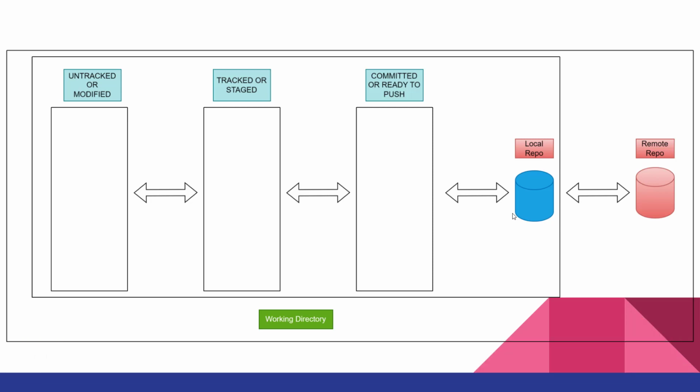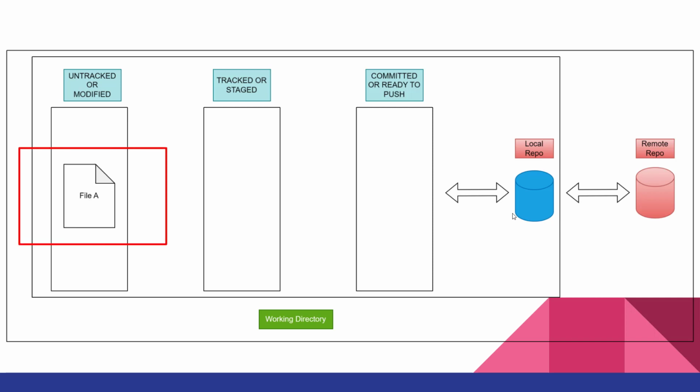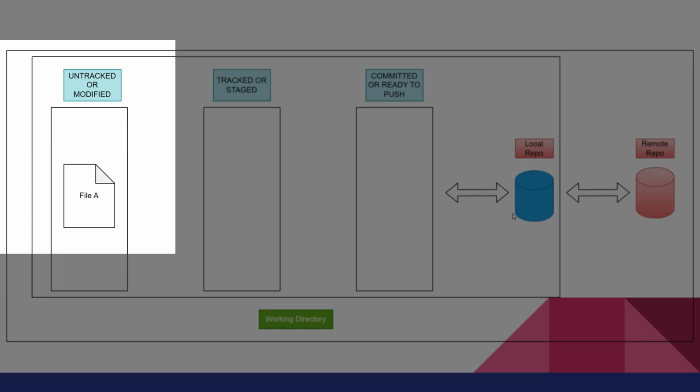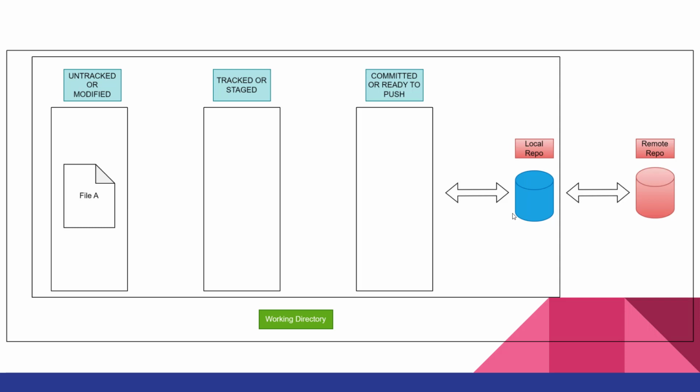Now let's deep dive to understand the different stages of a Git workflow. When we add a new file to a local repository, that file is in the untracked stage. What do you mean by untracked? We know that Git is a version control system, but it will track the changes only on those files which we explicitly added to the Git tracking list. That means if we have file A and file B, we have told Git that okay, you need to track file A but don't track file B. So Git will keep track of changes made to file A but not file B.